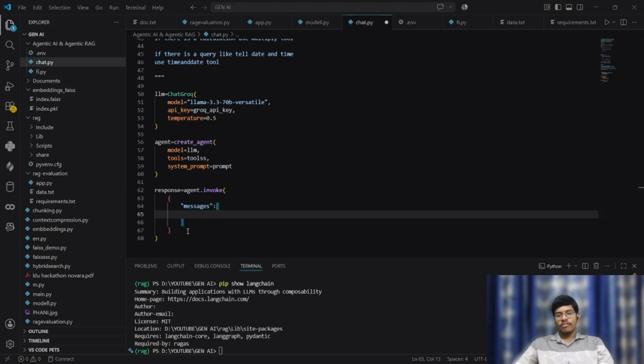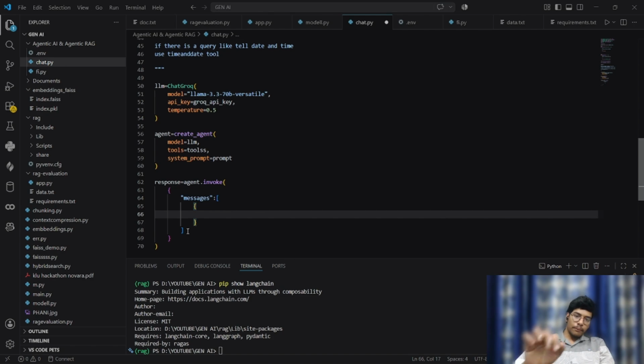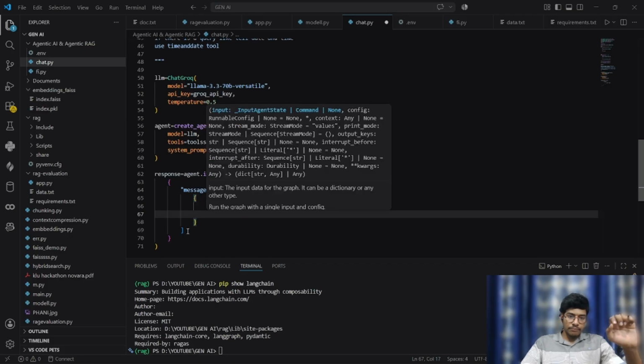Now inside this, we need to give square brackets and curly brackets. So here we need to insert the role. I'm a user, right? Currently I am a user. Role is user, comma,